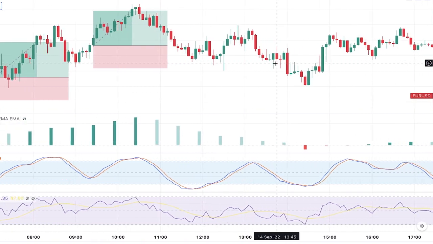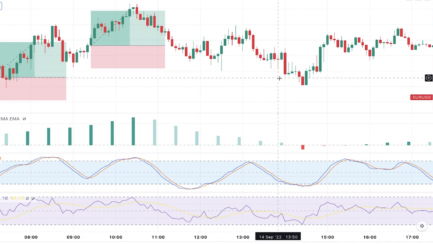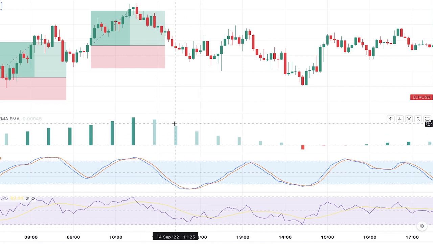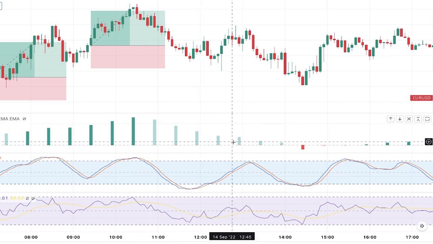Alright, moving on the chart, we come to an important point here. As I explained in the other example, when the MACD histogram bars turn to light green and continue falling, this can show that the uptrend on the higher time frame is probably losing strength and a reversal may happen. But at the same time, we also have the probability that a deep correction or pullback is happening, especially when